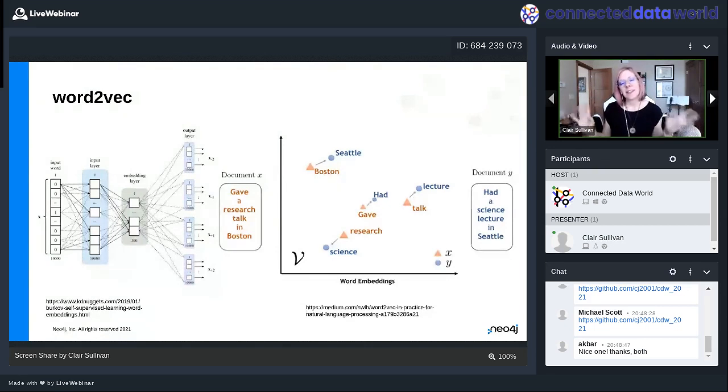And what I can see is words that are very close to each other in meaning. For example, Boston and Seattle. Makes sense that those would be close to each other in this plot because they're cities. Research and science. Lecture and talk. But I see that lecture and Boston are not close to each other because their meaning is very different. Okay, so that's how we could use word embeddings to learn something about our sentences and our text.